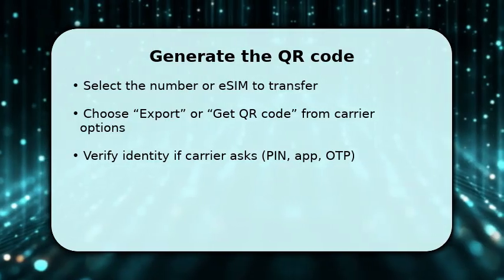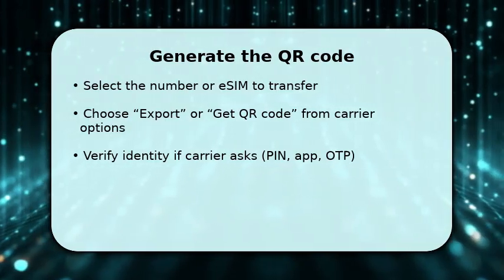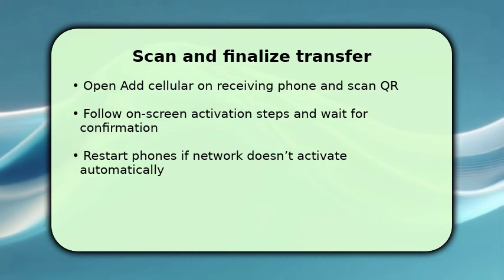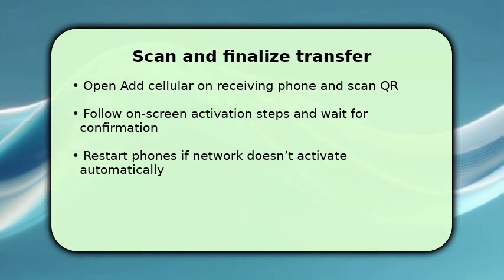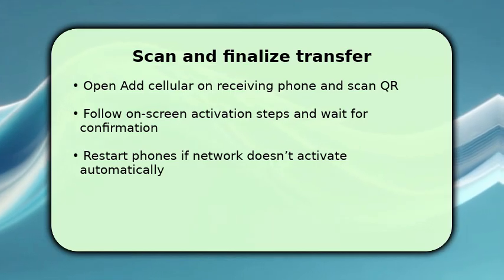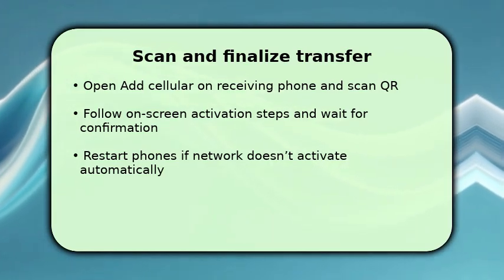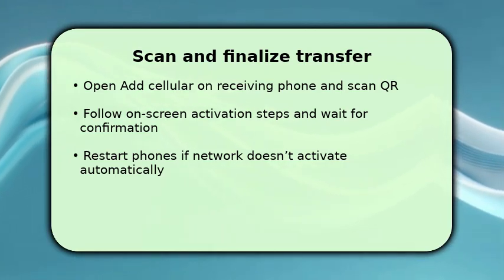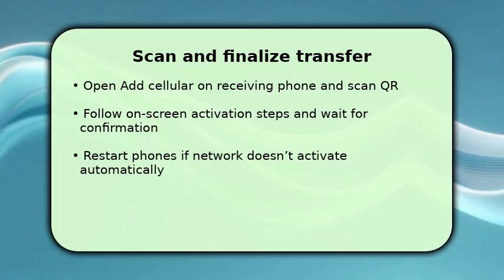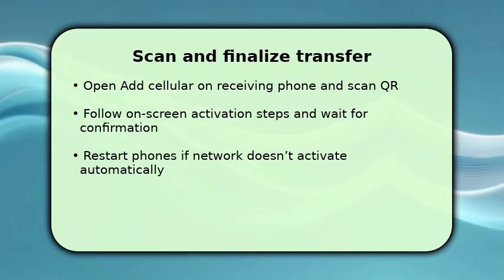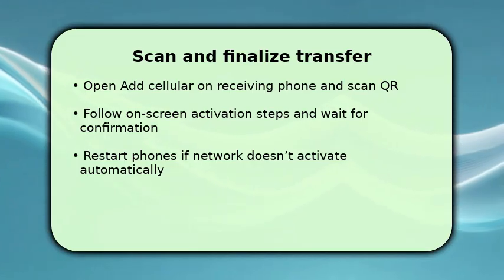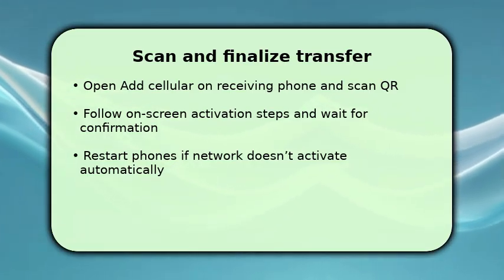On the receiving phone, open Settings, choose Add Cellular Plan and use the scanner to capture the QR code on the source device. Follow on-screen activation steps, accept terms, wait for carrier provisioning, and then assign the number to your SIM or eSIM profile. Make sure mobile data is enabled so the carrier completes activation. Once the transfer finishes, you may need to reboot. If activation fails, toggle airplane mode, retry the QR scan, or